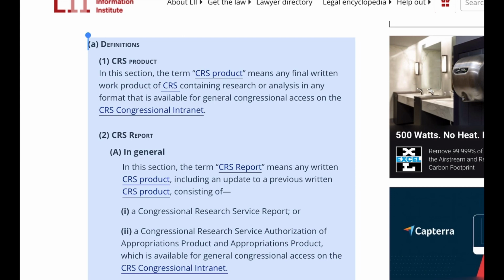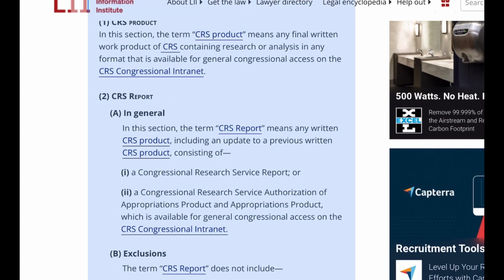In this section, the term CRS product means any final written work product of CRS containing research or analysis in any format that is available for general congressional access on the CRS Congressional Intranet. 2. CRS report. A. In general, in this section, the term CRS report means any written CRS product, including an update to a previous written CRS product, consisting of